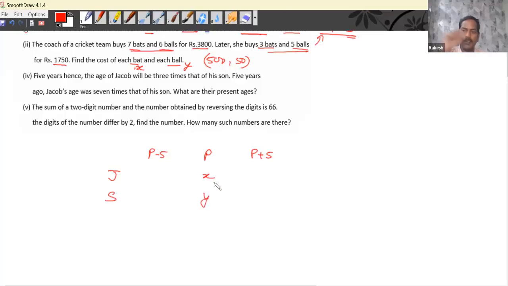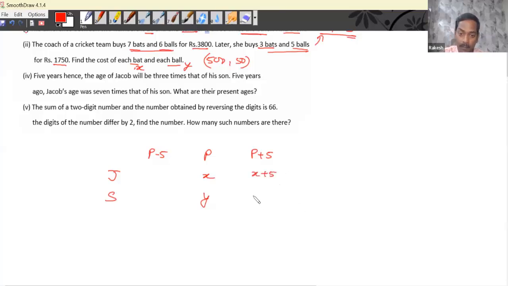So if Jacob's age is x, then 5 years from now, his age will be x plus 5, whatever his age is today. For example, if my age is say 35 today, 5 years from now, that is in 2029, my age would be 35 plus 5, which will make it 40. Correct? So can I say whatever the age of Jacob, 5 years from now, the age would be x plus 5,